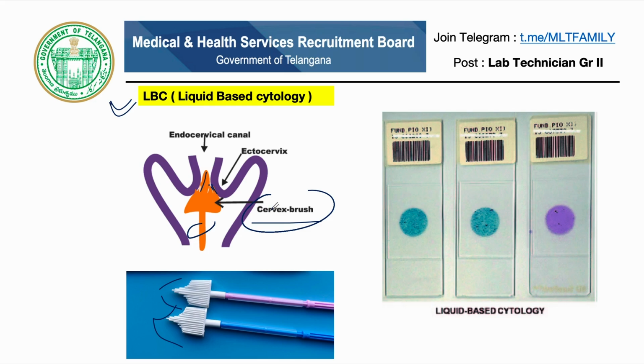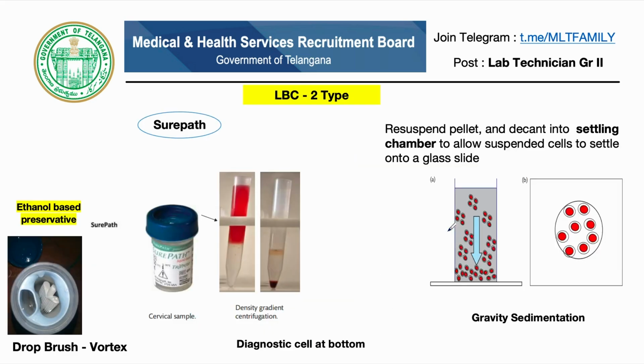Then we will do some techniques, which I will tell you about, and we will get a clear slide like this, not like the conventional pap smear where you just painted and stained. This is beautifully organized, basically. This is LBC. I will share two techniques of LBC. There are two types of LBC: one is SurePath and the other is ThinPrep. I will briefly explain them. In this, I will mainly discuss the important points.